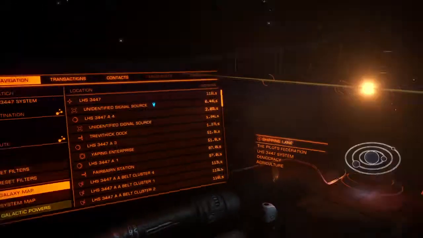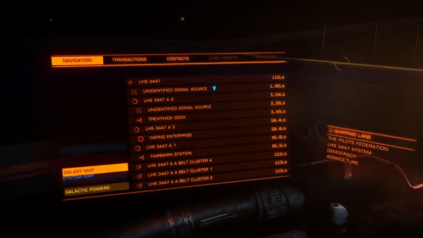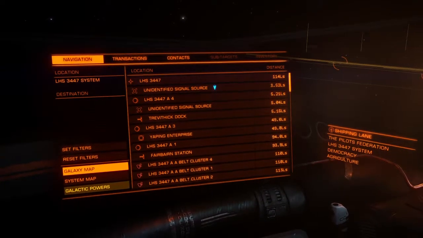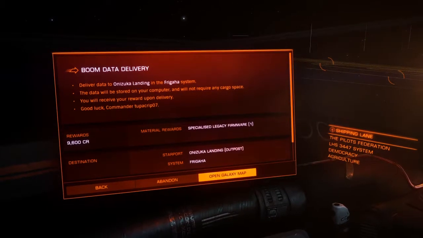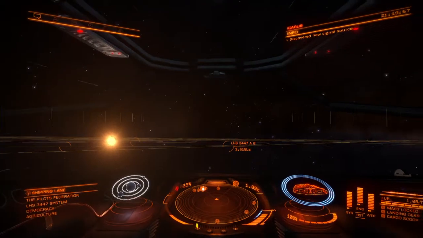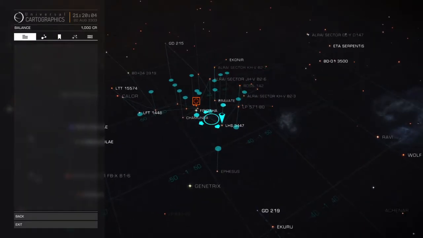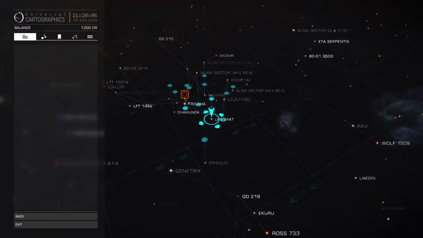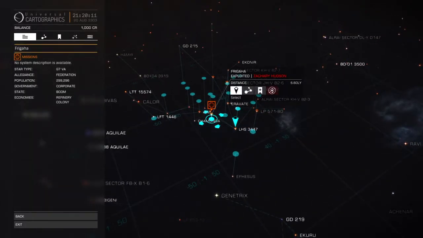I'll just go back and show you how to do that. So hold square, click left on the direction button, which will bring up this panel, and if I go over to transactions, there's the mission that I undertook. So open Galaxy Map, and let's plot a course for this. As you can see, here's where I am, and we have to go to this star system. So if I click X on that star system and back out,